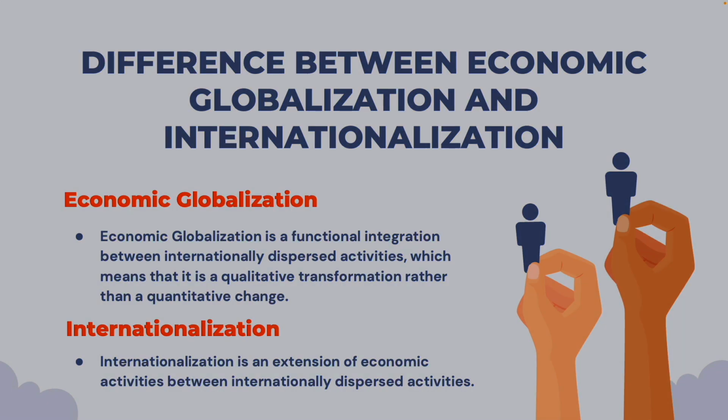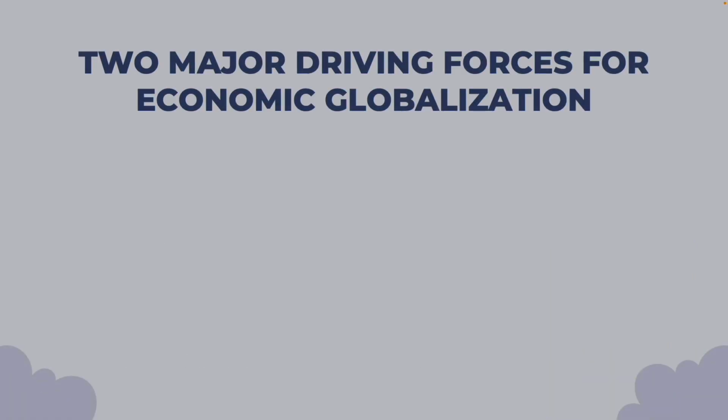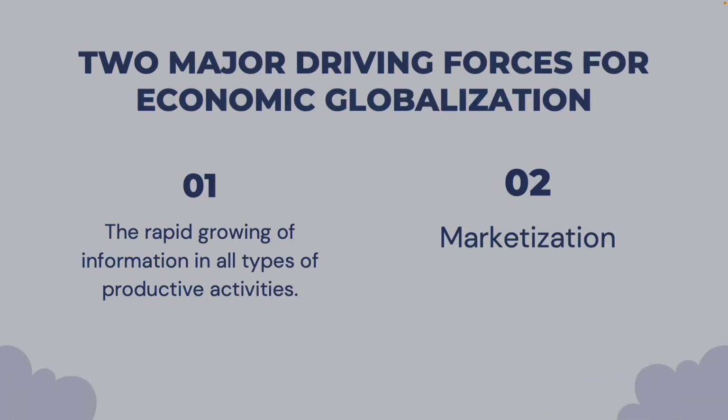So what's driving this? What are the main engines pushing this functional integration forward? The material points to two major driving forces. First, the rapid growth of information in productive activities. Meaning? Just think about how fast data, designs, instructions, all that stuff can fly around the world now, almost instantly. Right, technology enabling global communication and data sharing. Precisely. And the second driver identified is marketization. Basically the increasing spread and reliance on market principles and market structures across the world, more economies operating on those kinds of rules. Okay, so faster information flow and more market-based economies globally.